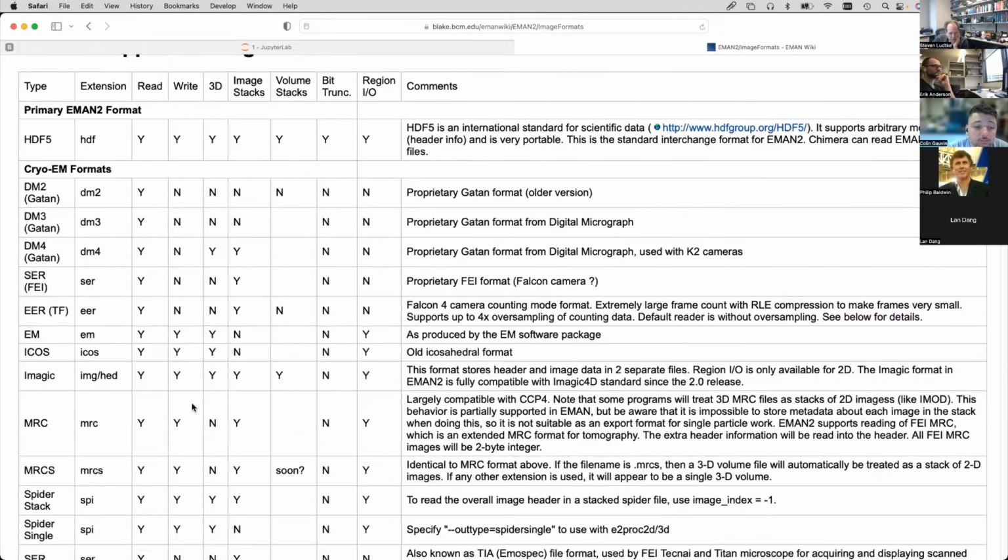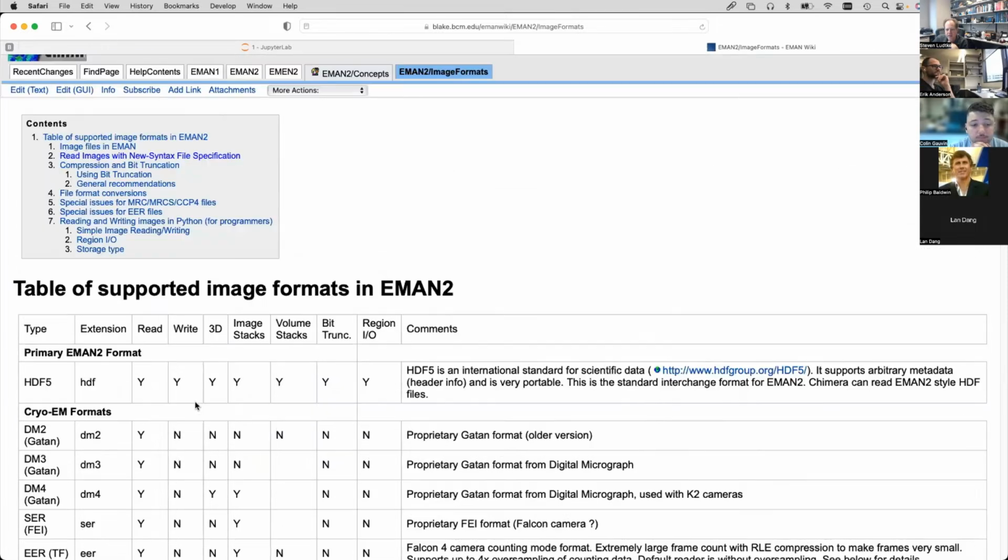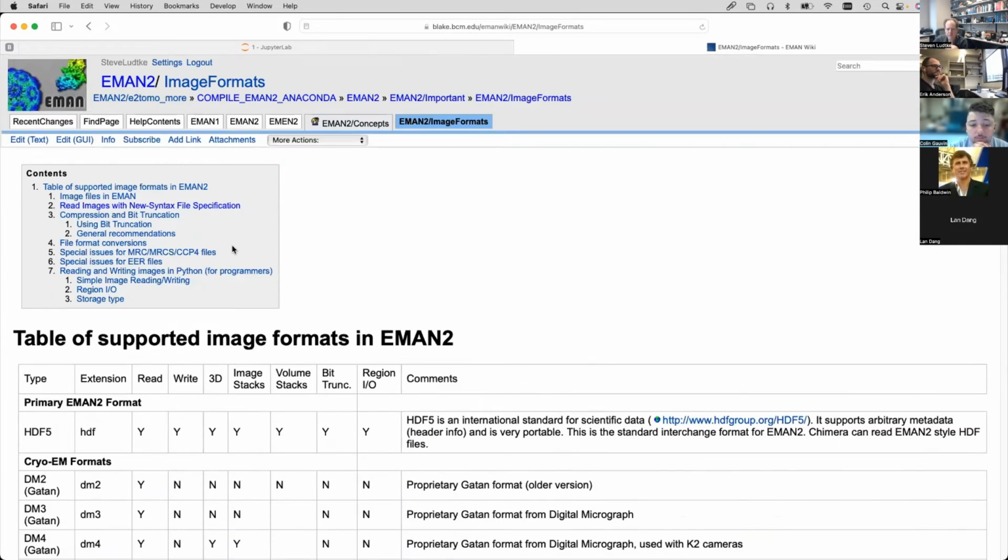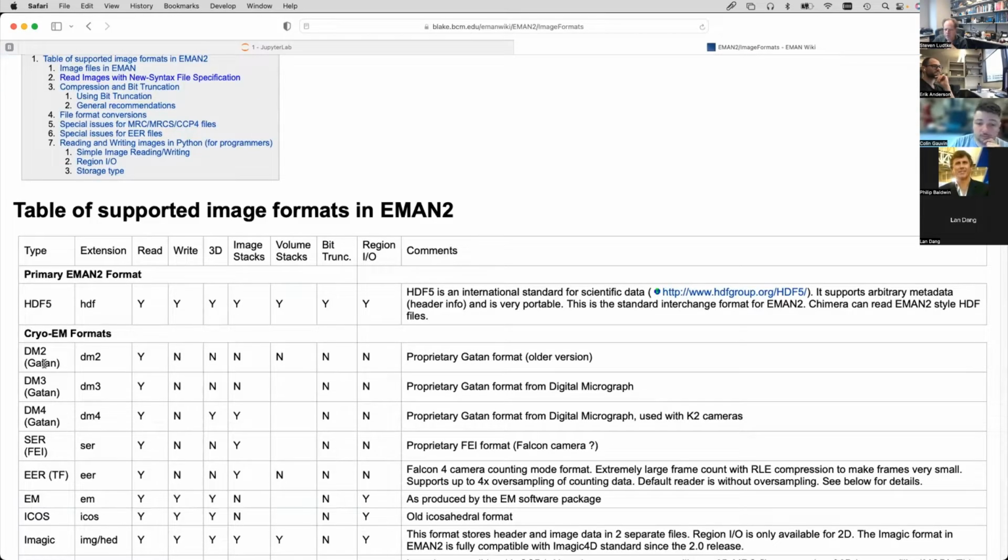Anyway, so these are all of the supported file formats and all of the various options that are supported for each one. And anytime someone says, oh, hey, there's this new file format X we'd like to support, as long as we can find the documentation to let us support it, we'll do it. Some of the file formats that we support, for example, are these DM2, 3, and 4, which are proprietary file formats from Gatan, where